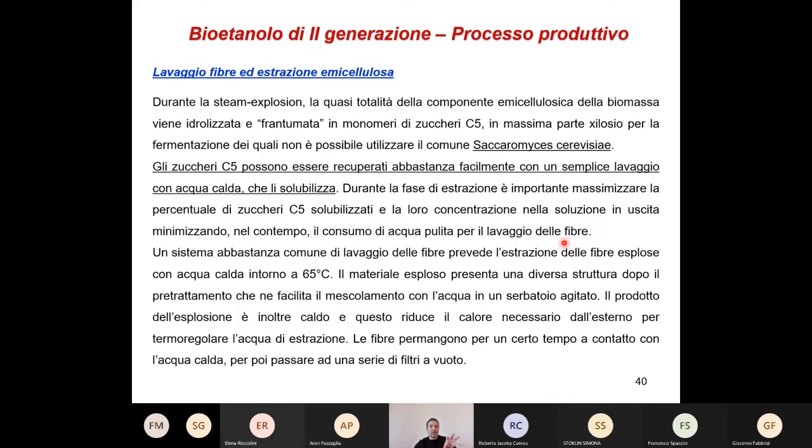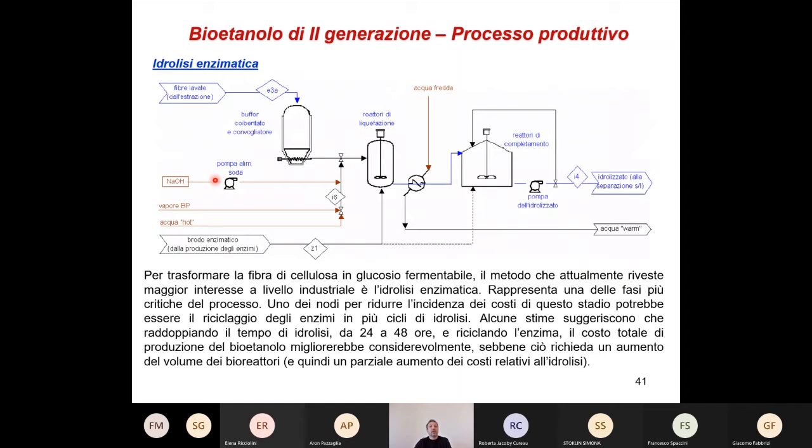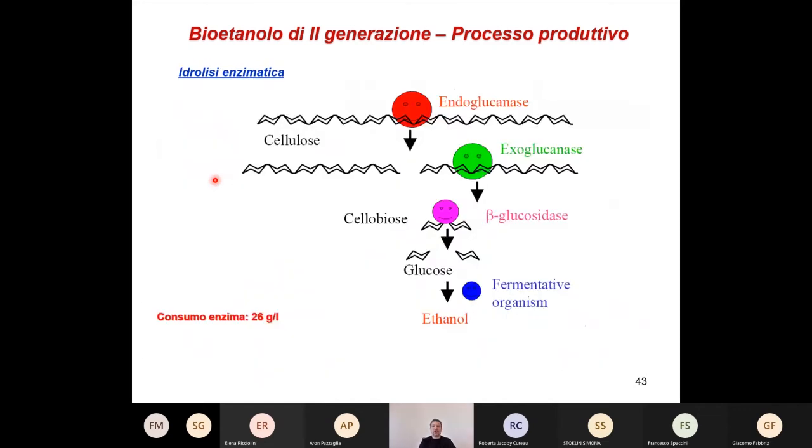You can also recover hemicellulose. In general, after the pretreatment process, you obtain hemicellulose in a liquid phase. So you can collect this liquid to, of course, investigate some yeasts that use pentose sugars like xylose. This is the enzymatic hydrolysis stage. I usually show you a very elementary picture, but it makes you understand what enzymatic hydrolysis is.